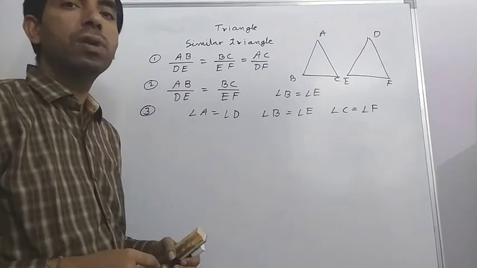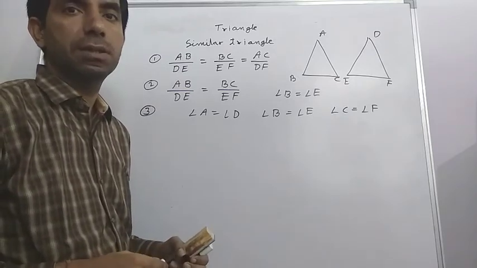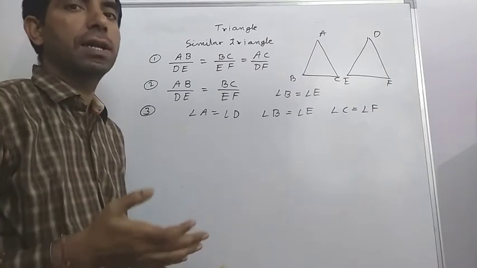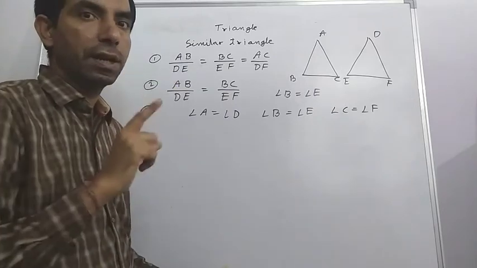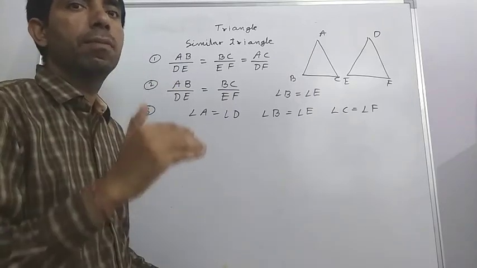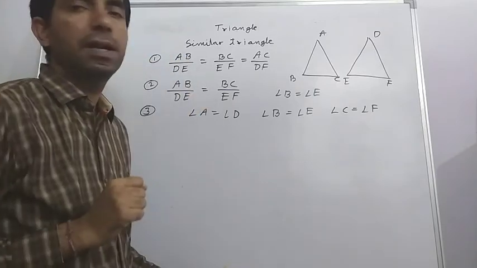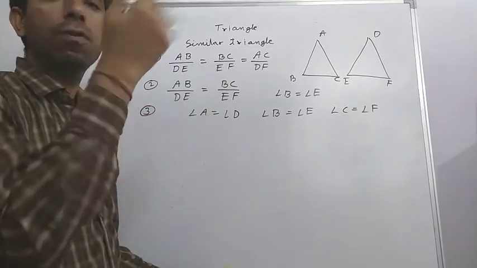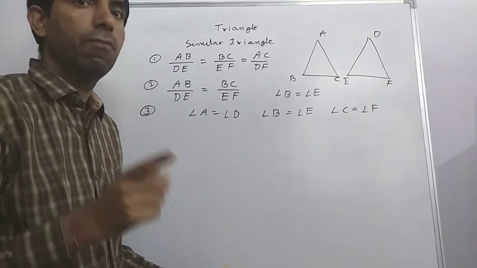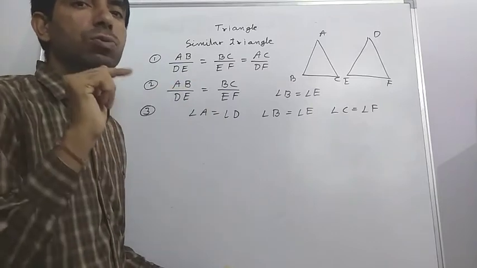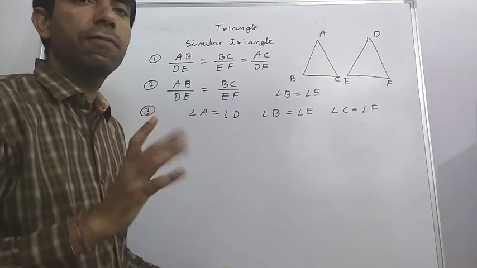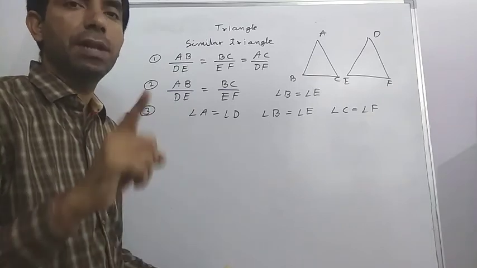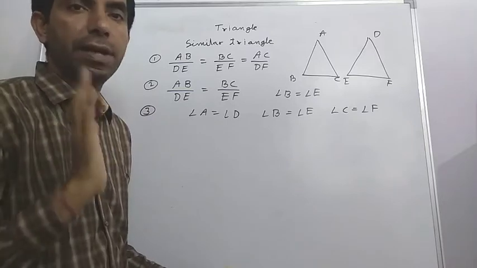In similar triangles, only the shape is equal, size is not compulsory. If in two triangles shape and size both are equal, then it is called congruent triangle. Congruent triangle is a special part of similar triangle. Because for similar triangles it is possible that a lot of triangles are similar, but for congruent, their sides are also equal. So if two triangles are congruent, then they are similar. But if two triangles are similar, then it is not compulsory that they are congruent.